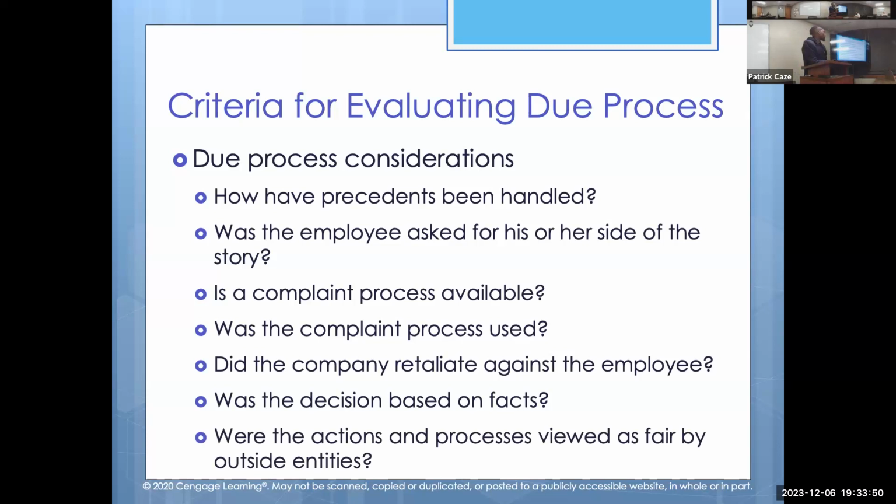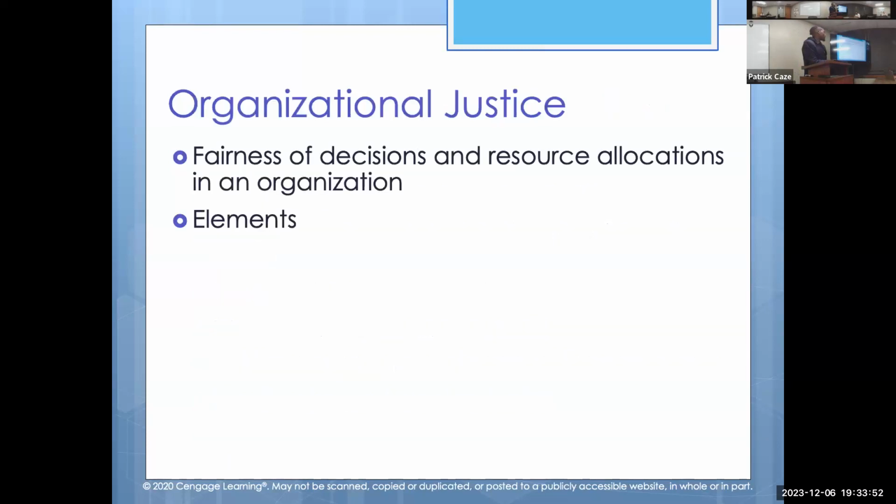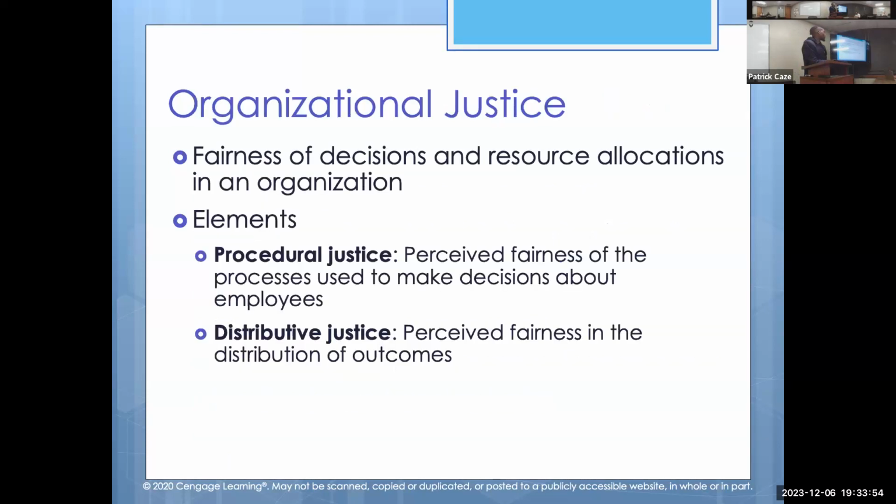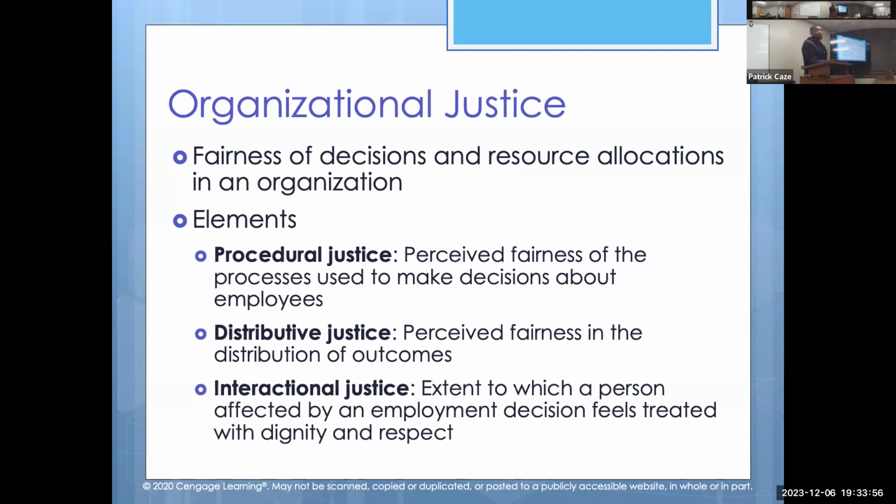But the action and process should be viewed as fair by outside entities, which is probably one of the more important aspects of making sure that you're doing things right. When other people look at it, do they think it's fair? If they look at it and think it's fair, then it probably was a fair process and everything was done correctly. If they think it's unfair, and they have some questions about it, you might have missed some things. You see this all the time in legal proceedings, when the verdict comes out,